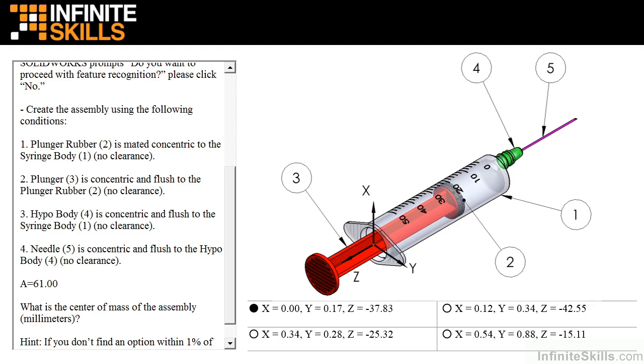In this lesson, we are going to finish building the assembly that we started in the previous lesson. Now, in the previous lesson, we inserted components 1, 2, and 3 and mated them according to the directions. Now we need to insert item number 4, the hypobody, and item 5, the needle, and mate them according to the remaining directions. So step 3 is where we are at, and it says the hypobody, item number 4, is